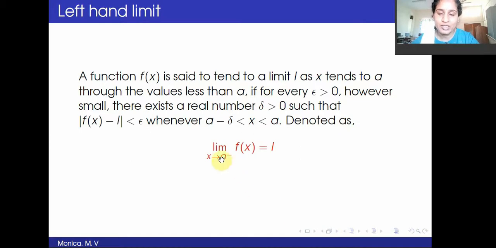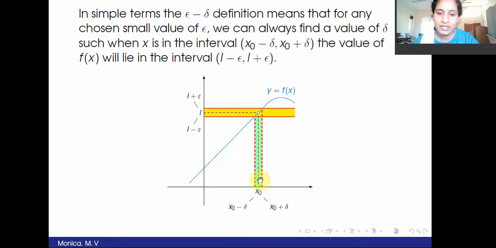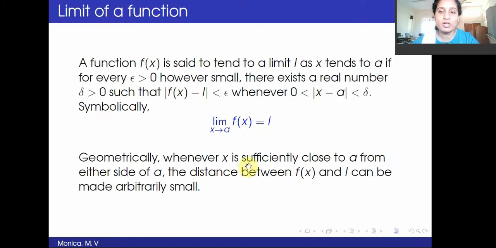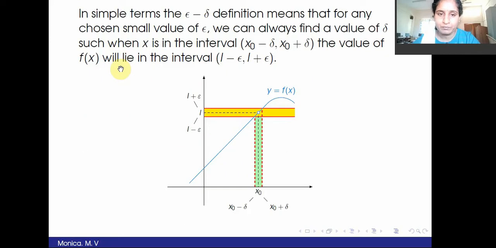I am going towards A, this is the notation I have, I'll come to the notation first. I am going towards A from the left hand side, that means I will put a minus here. The limit of the function is equal to L. That means in the previous problem I am not taking this entire interval, I am taking only the left side of this green interval. I am going towards x naught from the left hand side. So in the definition what we have is half part of the definition of limit.